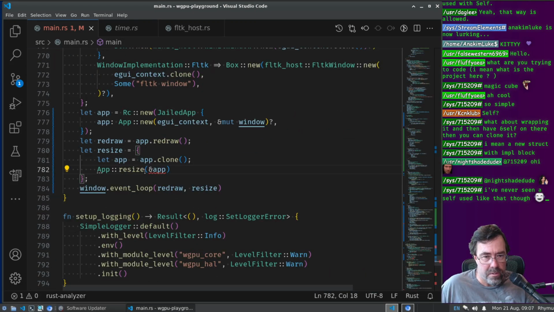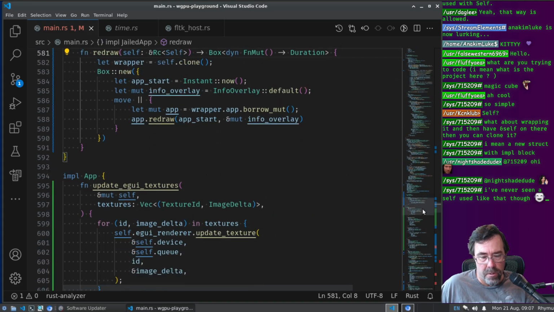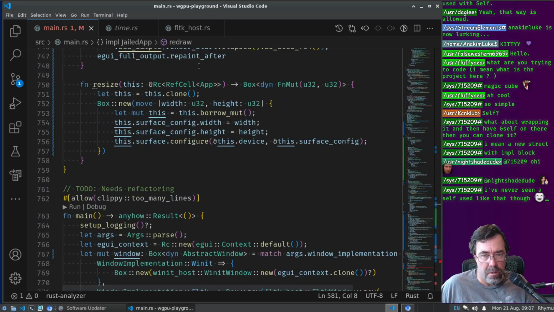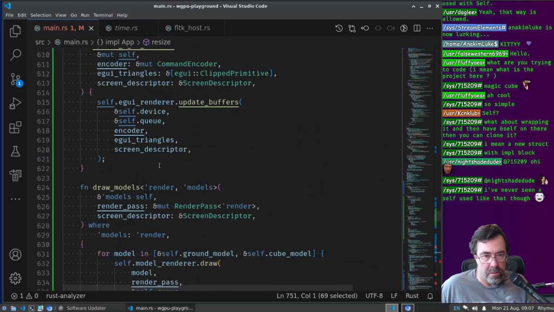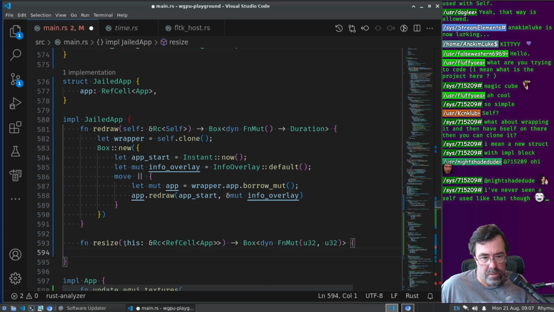Oh, right. So we did it for redraw. So we just need to repeat the same thing for resize. So jailed app needs to have a resize. Oh, my brain is definitely getting stretched by this one. Okay, so this becomes self. We have just self instead of the ref cell because the ref cell is in app. Okay, and then